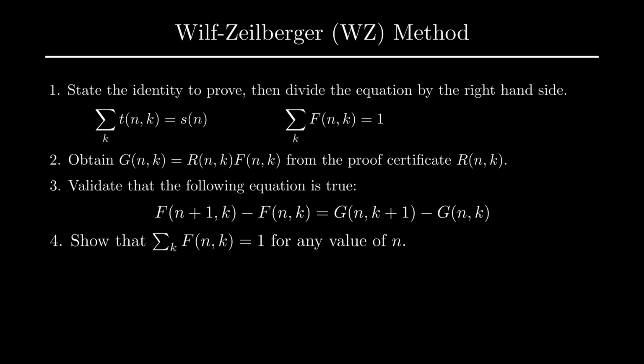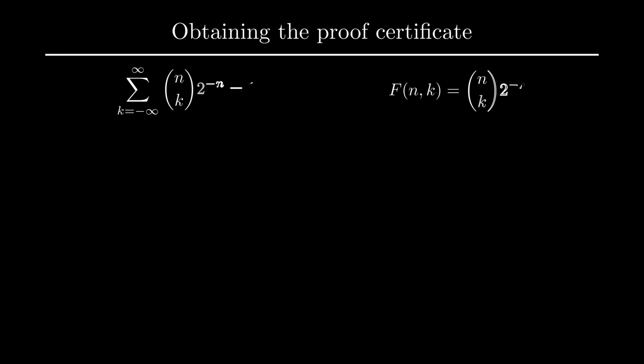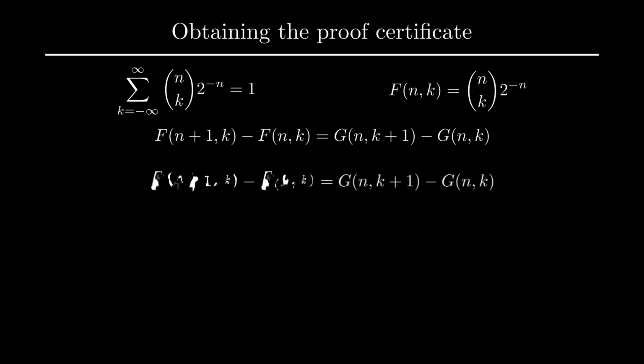Now that we know how to apply the proof certificates, how would we obtain them? The answer involves using Gosper's algorithm. Let's use our example from before. If we wanted to find a proof certificate for this identity, we can simply set the summand to be our f of n,k. We need this equation to hold true, so first we substitute f of n,k into the left